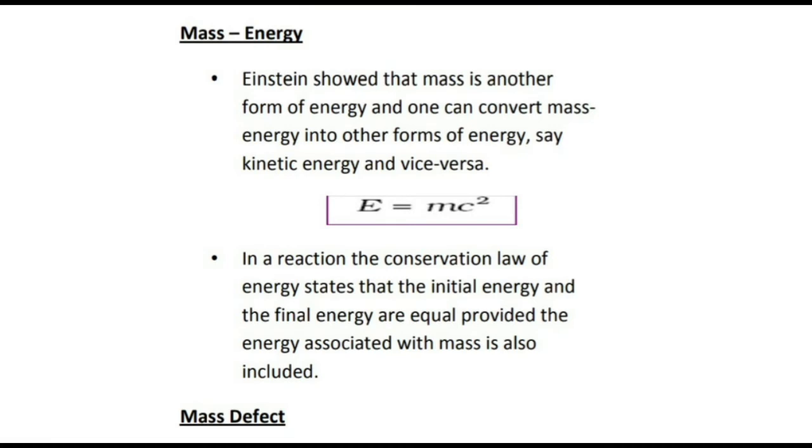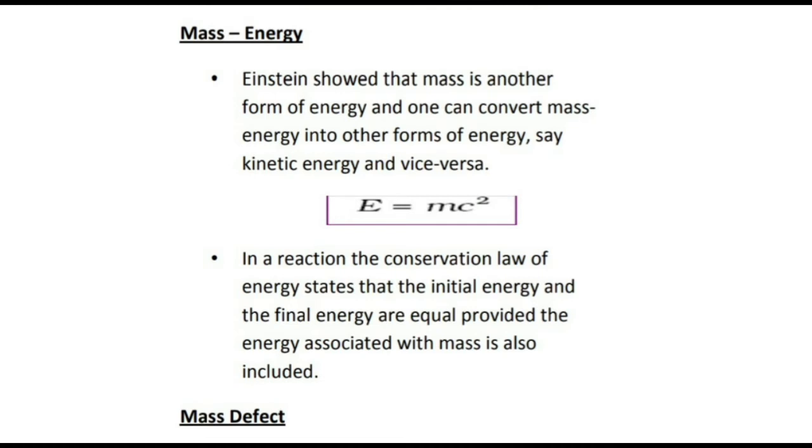Now we have the mass energy equivalence. Initially, we did not have any relation between mass and energy, but from the time of Einstein onwards, when Einstein introduced the very famous equation known as mass energy equivalence, E equal to mc square, it means that energy and matter are interconvertible. That means matter can be converted to energy and energy can be converted to matter. That is the significance of mass energy equivalence.